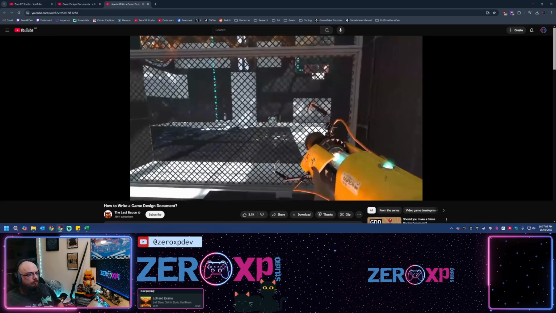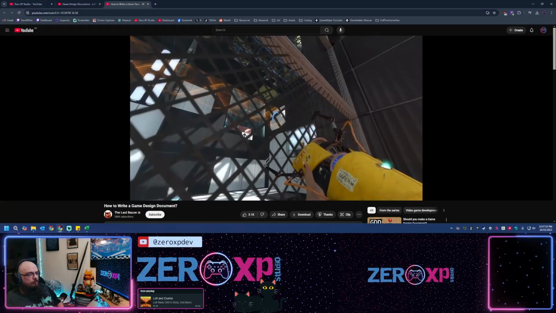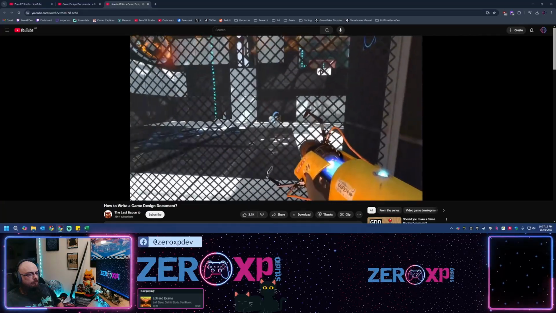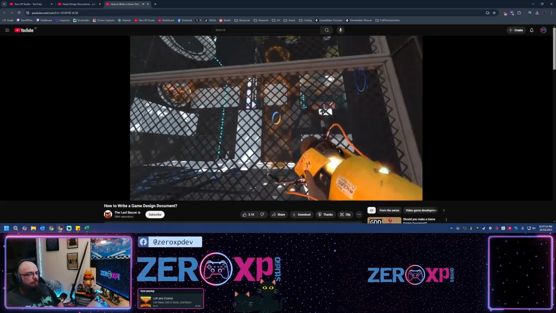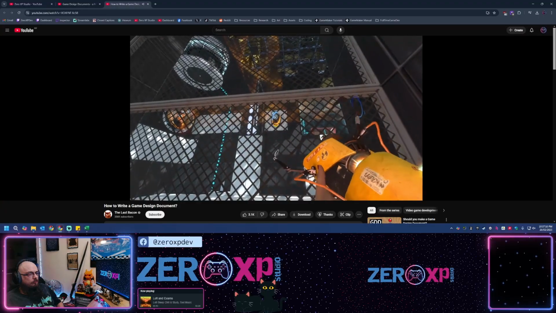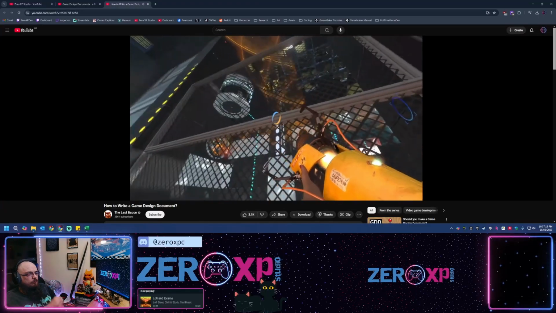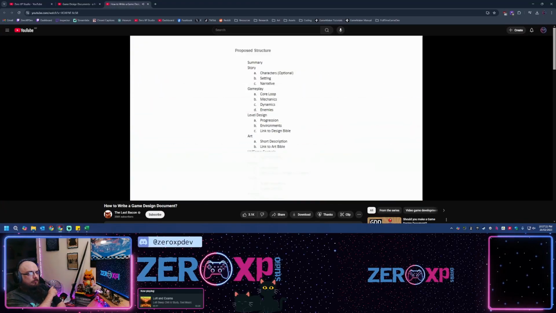And after that, a segment on art, what the art looks like, how it helps to convey the feel, all the specifications, and of course, just as with the previous example, this can simply link to a separate art bible document. After that, you should touch a little bit on UI and game controls, and any specifications that go together with that segment.